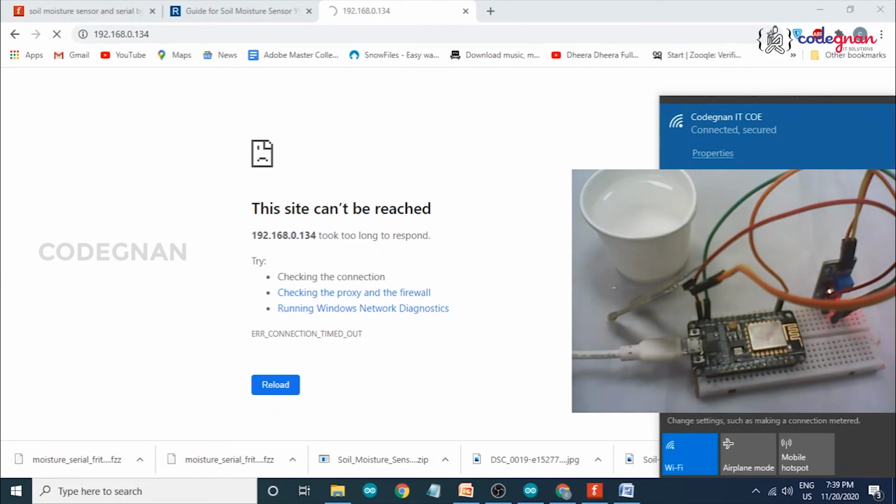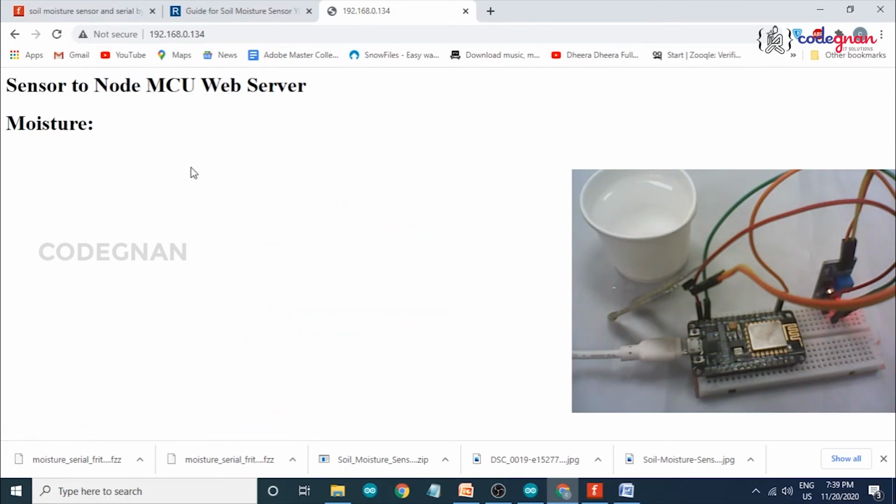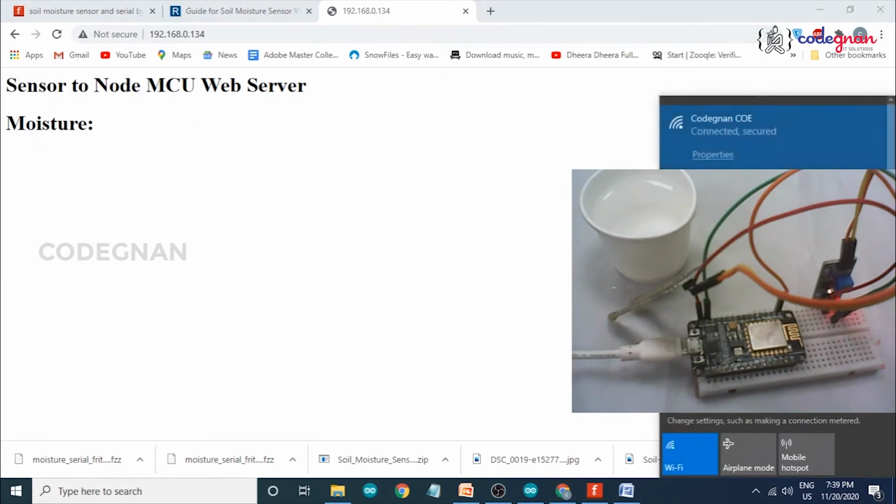Now I am connecting to Coordinate COI. So check once which network your NodeMCU is connected to and which network your PC is connected to, because the NodeMCU is now connected to COI. Now refresh it. Okay, this is the error. So check your NodeMCU network and your PC network. The NodeMCU and PC must be on the same network.